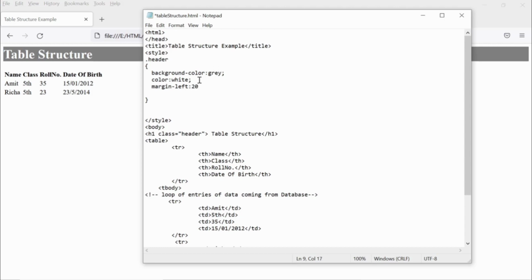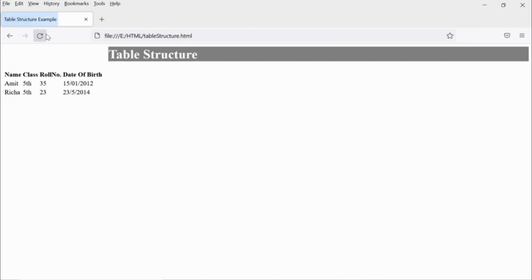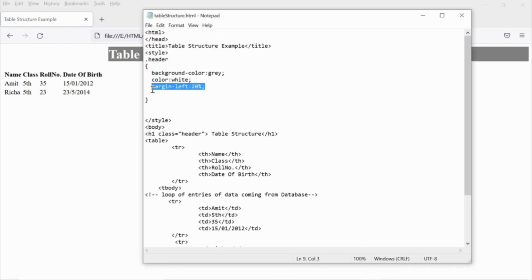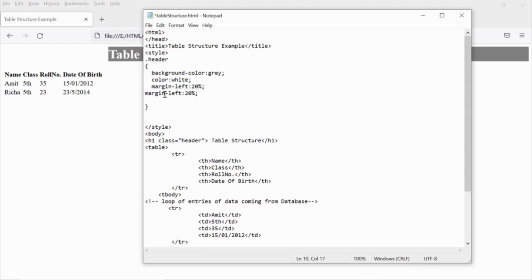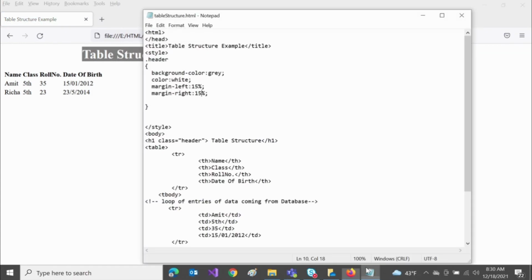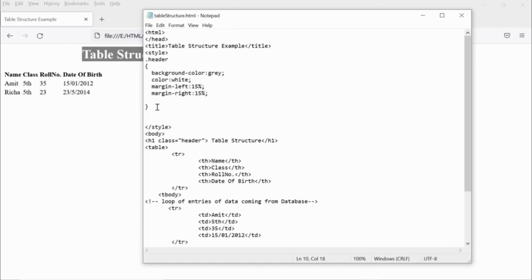So now let me set the margin. I'm putting margin. You can add the width in percentage or pixels and so on. But you have to make the adjustment for the screen, how the screen will look. You have to leave the margin equally from the right-hand side, or if you want to display it in the center, or if you have some special design, then you can adjust it big from the left and small from the right-hand side. So let me center the table structure header with this class.